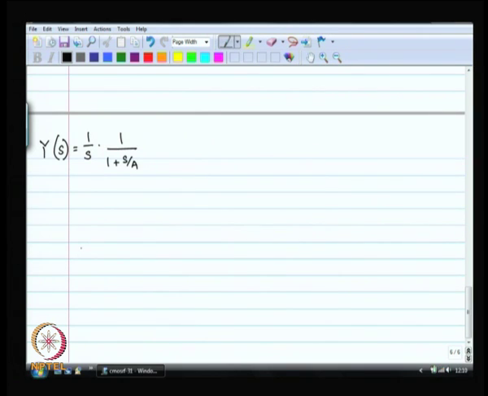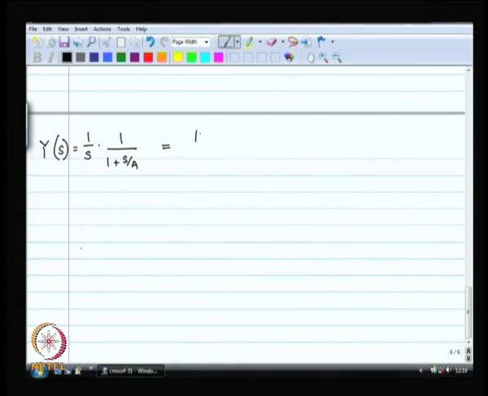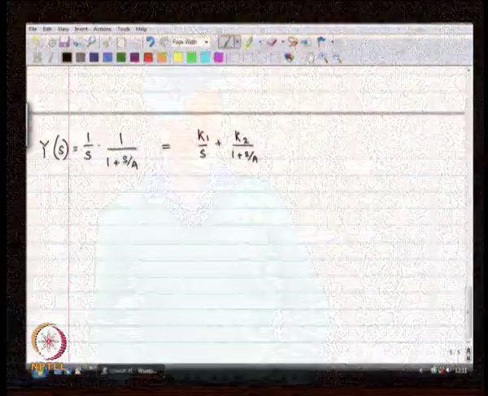So, Y of s is 1 by s times 1 by 1 plus s by a, and you can break it up into partial fractions. If you break it up into partial fractions, you are going to get K by s plus K1 by s plus K2 by 1 plus s by a. Okay. Now, as time t tends to infinity,